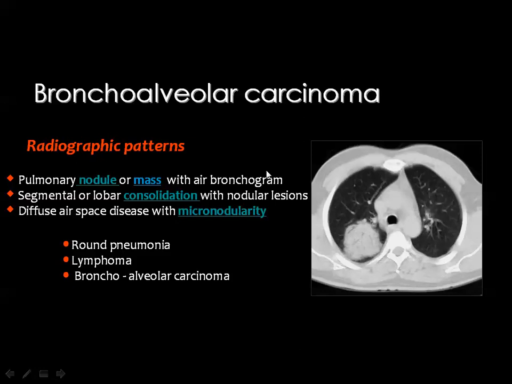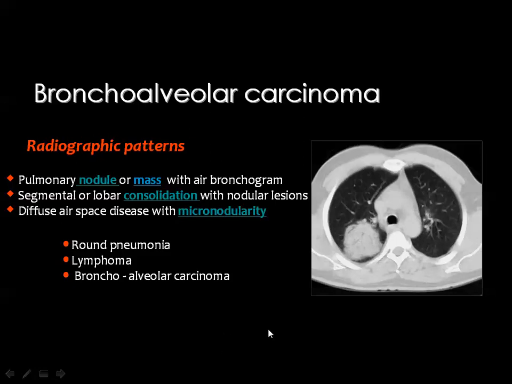The radiographic patterns of bronchoalveolar carcinoma include, number one, pulmonary nodule or mass with internal air bronchogram. This is a very important appearance where you see a well-defined lesion with internal air bronchogram. This appearance has three differential diagnoses: round pneumonia, which is common in the pediatric age group, lymphoma, and bronchoalveolar carcinoma. Many times when you see this appearance, you cannot separate lymphoma from bronchoalveolar carcinoma unless you have a biopsy